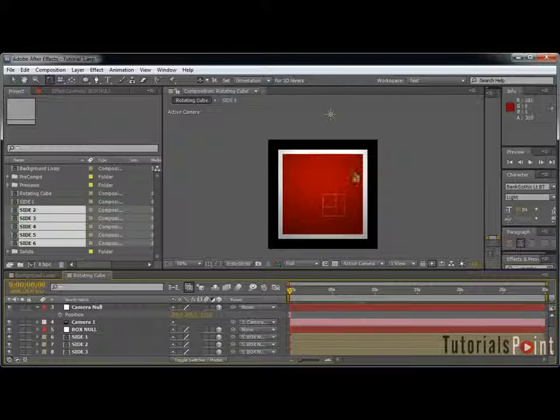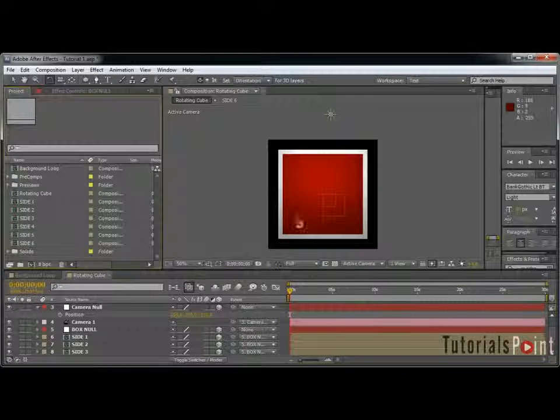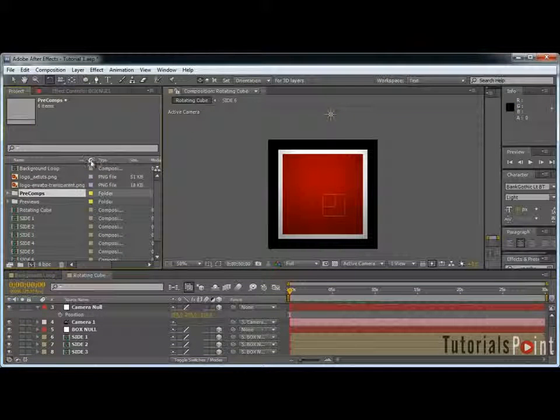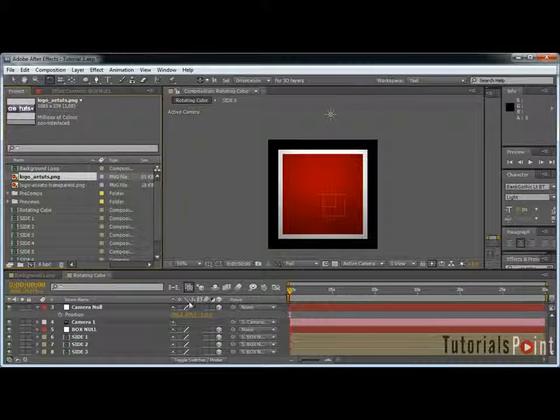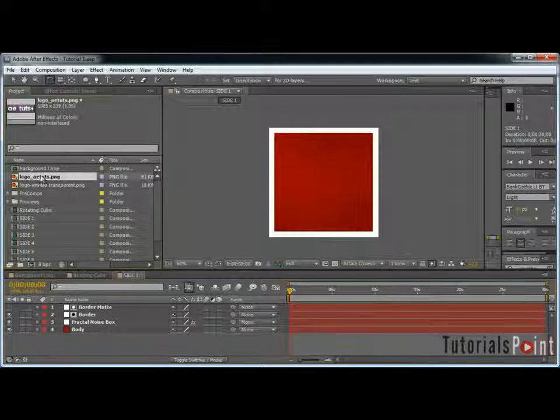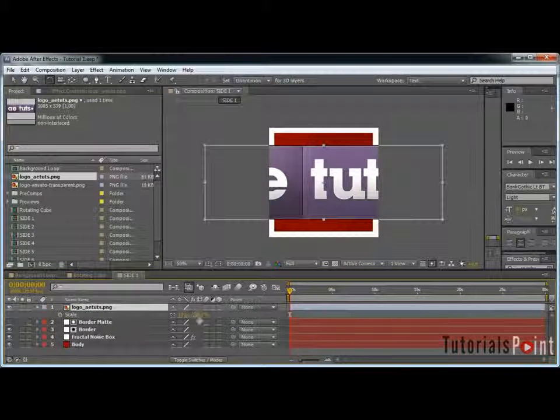So you need to put your logo inside. For example, give me a second to get the 8TutsPlus logo and Video Hive logos and put them right into the cube. Well, here are the logos of 8TutsPlus and Envato, because I found them in a single folder and wanted to save some time. So for side one, I'm going to put the 8TutsPlus logo right here,